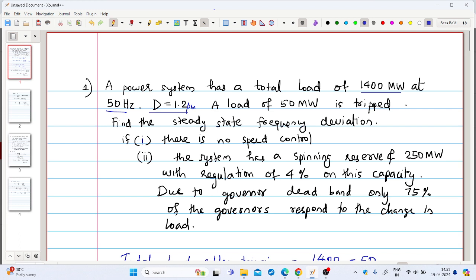There are two cases: if there is no speed control and if there is a speed governor. With a spinning reserve of 250 megawatt, the system has a spinning reserve of 250 megawatt and a regulation of 4% on this capacity. Due to governor deadband, only 75% of the governors respond to this change in load. So let us